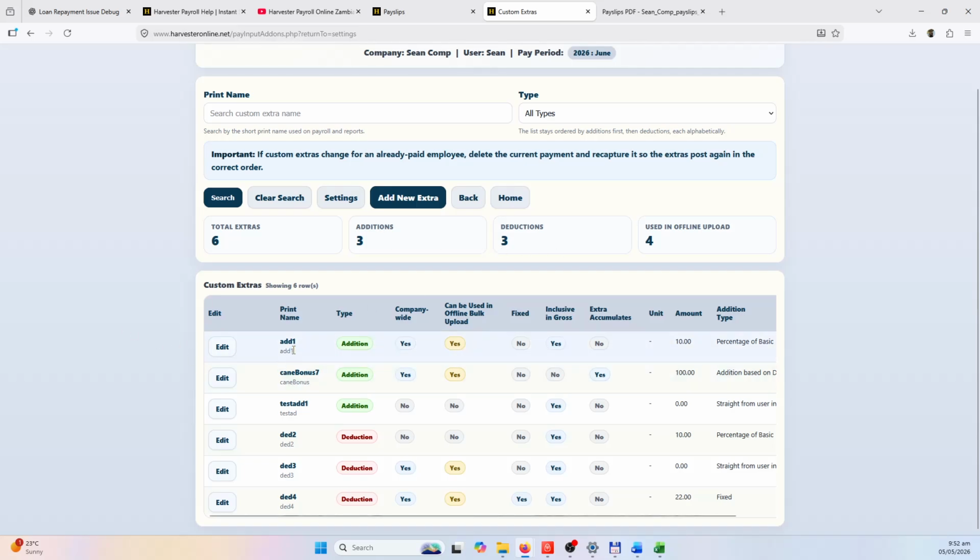So I've got a custom extra called add 1. Not very descriptive, but I can change it to whatever I want to name it, and it will be on the payslip. This custom extra 1, it's an addition type as opposed to a deduction. It's company-wide, meaning that it applies to everyone within the company, and therefore it can be used on the bulk offline upload. So in other words, this can be inputted into the offline bulk upload if you're using that feature to input everything quickly in Excel. And inclusive and gross, they all are except for one